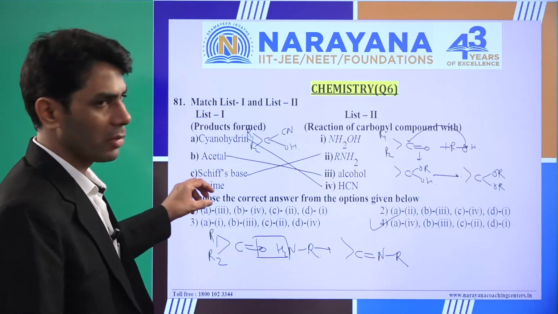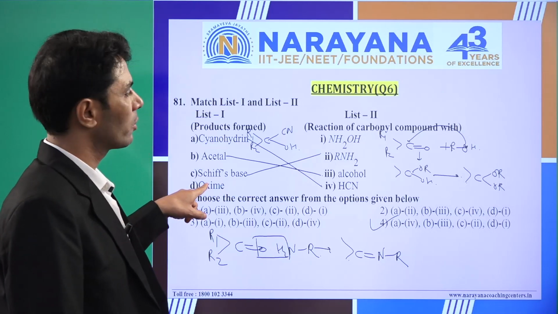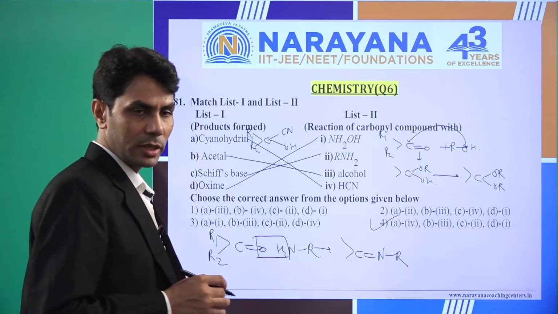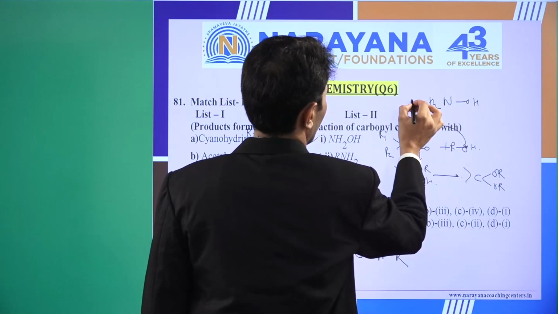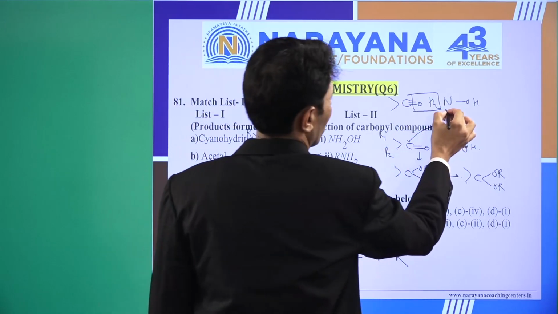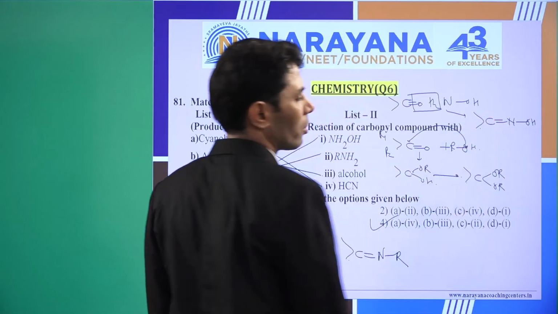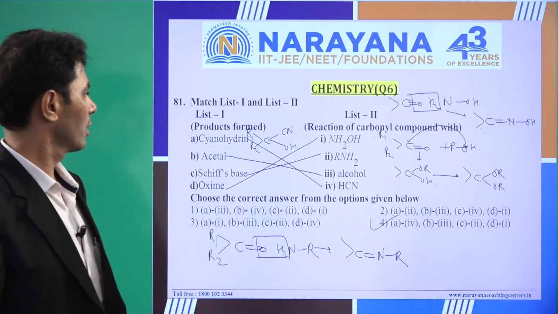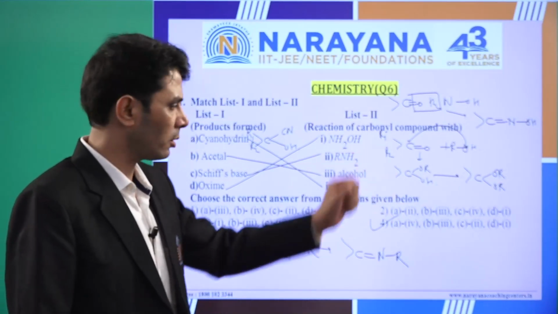The last one is oxime, aldoxime, ketoxime. Those are formed when carbonyl compound reacts with hydroxylamine. Means D will be connected with this option, right? What is this? NH2OH. If we react it with carbonyl compound, after elimination of water, what we get is known as oximes. So correct option is fourth. But for time saving, if cyanohydrin is matching with fourth, directly you can opt fourth and move to the next question.